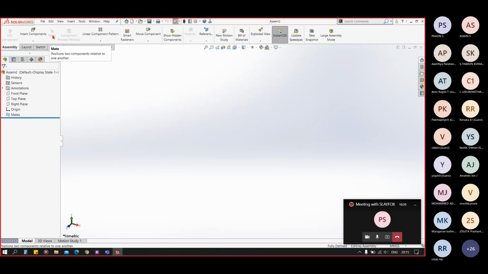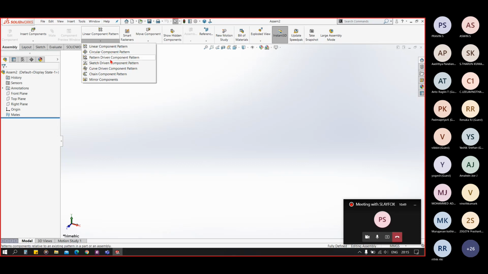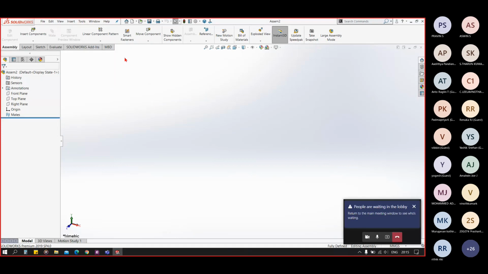Mate is like the constraint in our sketching and in our 3D design. We now have linear component pattern, circular pattern, pattern driven pattern, sketch pattern, mirror pattern, smart fastener, move component, rotate component, and all of these, bill of material, exploded view, and all.